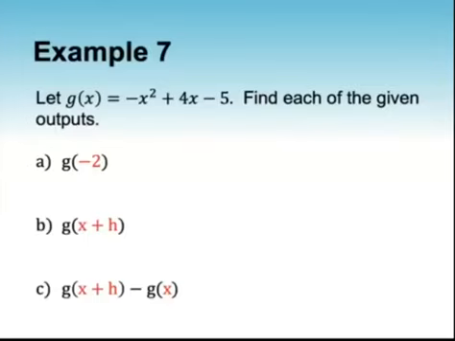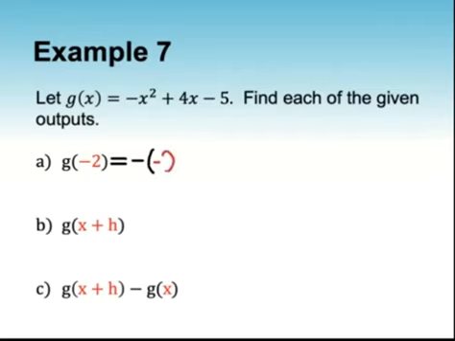Now let's look at example 7 for an example of function notation. Let g of x equal negative x squared plus 4x minus 5. Find each of the given outputs. So for part A, we have g of negative 2. Well, everywhere that you have an x in g of x, you're going to plug in a negative 2. So we have negative, I'm going to put parentheses,